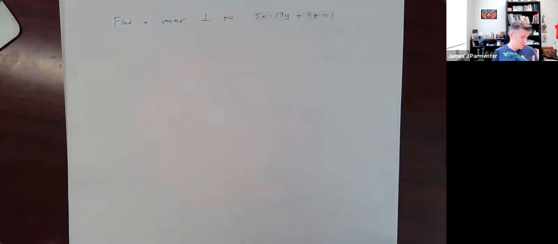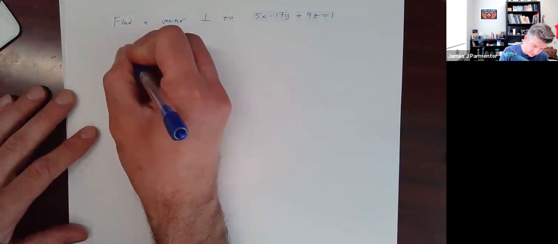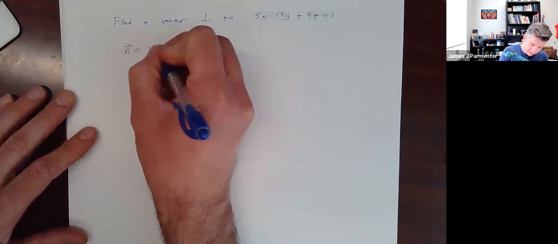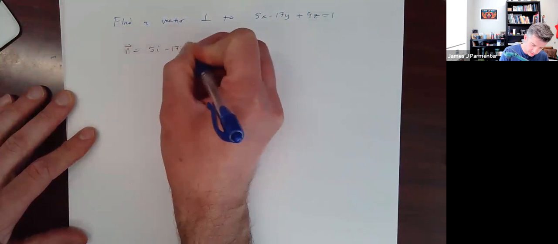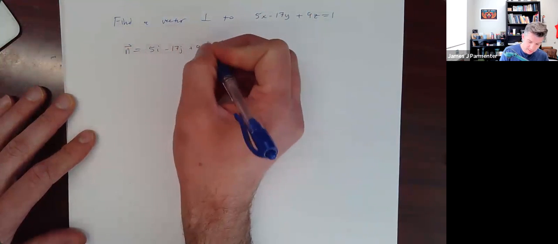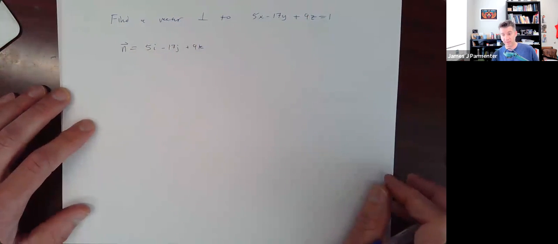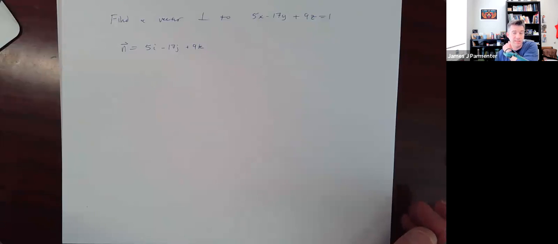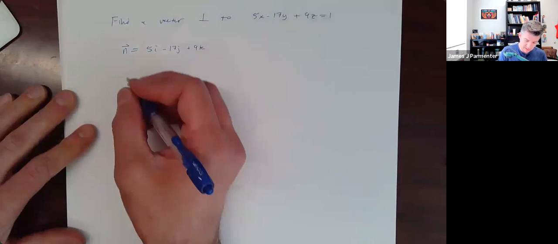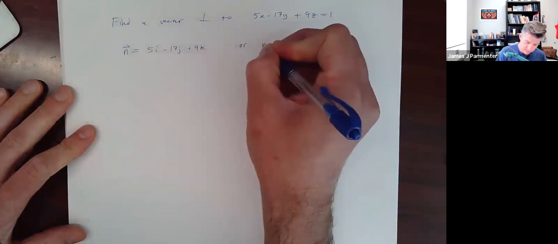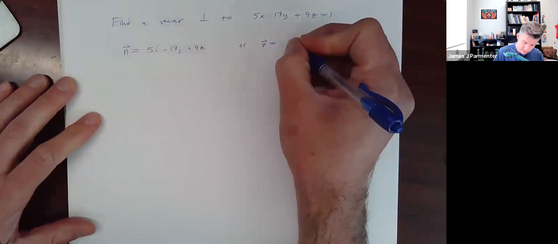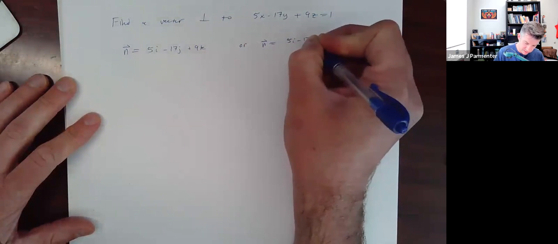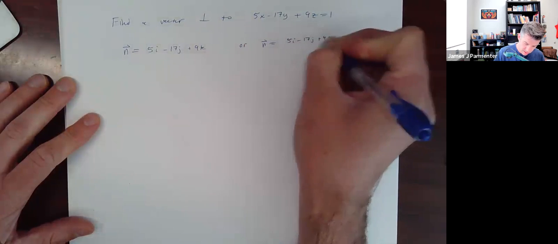There's a couple ways to do it, but I'm going to say the answer is 5i minus 17j plus 9k. I'll point out that sometimes people are very specific about what they want in a normal vector, and they might say it needs to be a unit vector. So then you can say n could be the unit vector 5i minus 17j plus 9k, all divided by